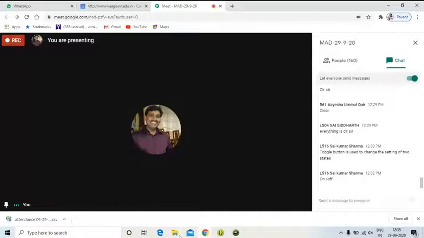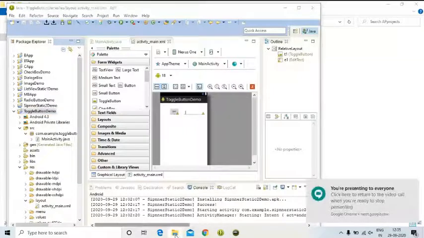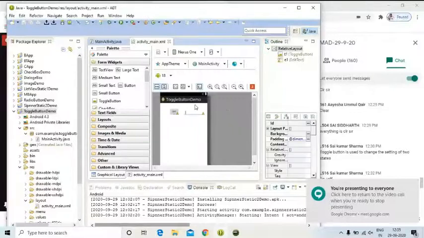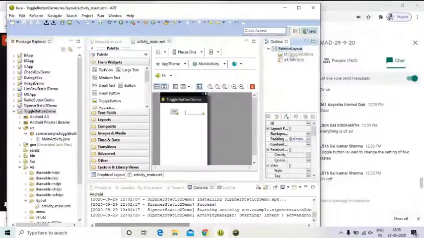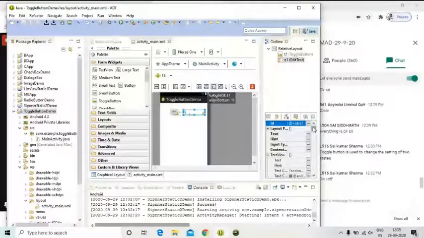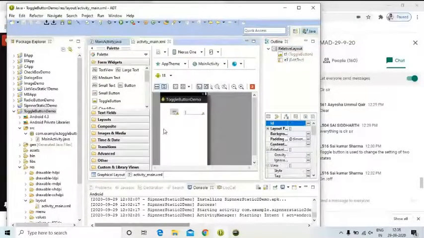Just see here, dear. This is the edit box here. You can see I have taken two components. One is the toggle button. For the toggle button, I have given the ID as T1, as you wish. You can give any name here. And for the edit box, I have given the name E1. These two are placed on a relative layout. Relative layout means this entire white screen. Now, can anybody say how many components I have taken here? Please let me know, everyone.